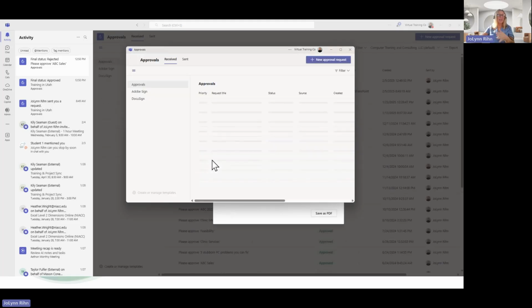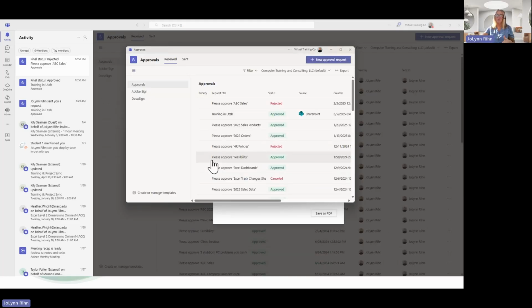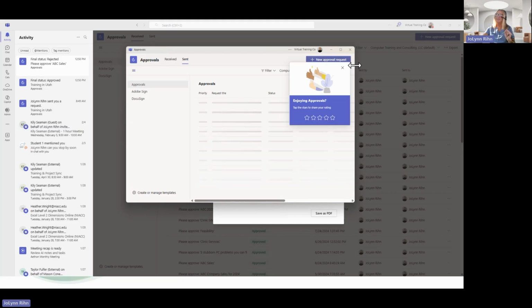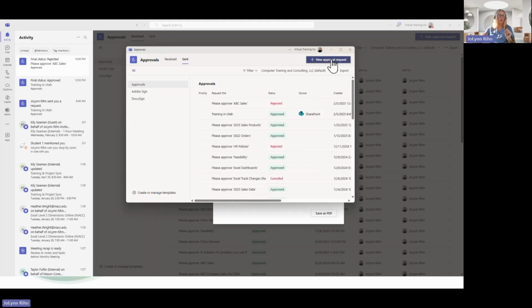So then I can see everything that has been sent through an approval, whether it was a document, a Microsoft list, an Excel file, or an email. Anything that I send for approval, I can view it here. Here's the received and here's the sent. I can create a new approval request from the top as well.